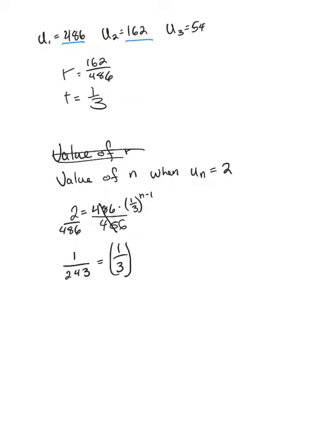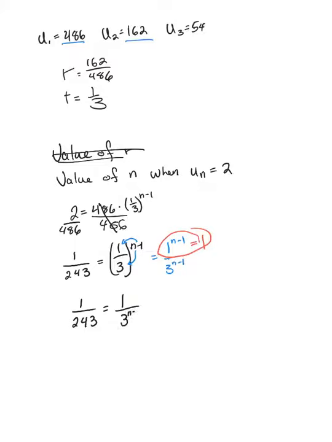And that's going to be equal to 1/3 to the n minus 1. Okay, and we said that this can be distributed to each one of these terms here. So this will actually become 1 to the n minus 1 over 3 to the n minus 1. And we know that 1 to any power, it doesn't matter what it is, is going to be 1. So I'm just going to rewrite this because this is equal to 1. I'm just going to rewrite it so that I have 1 over 243 is equal to 1 over 3 to